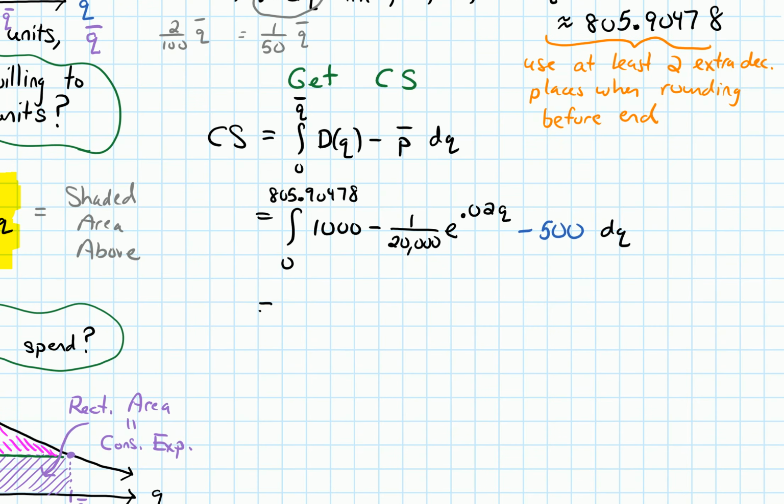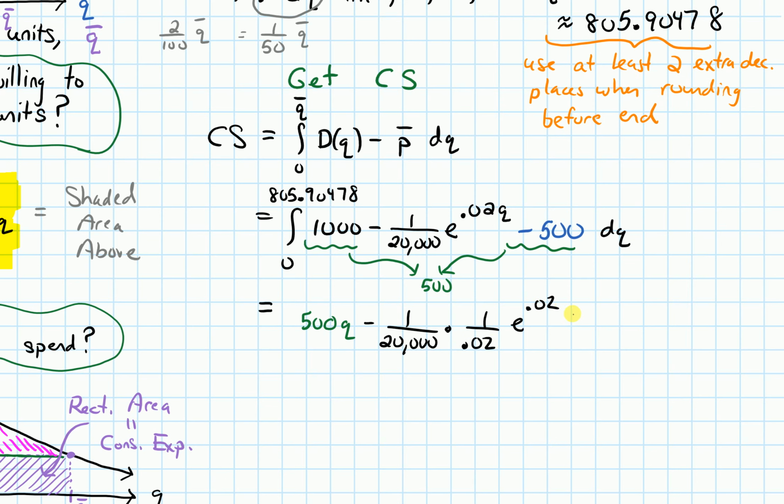Okay, so we are ready for the antiderivative, but I can make one simplification first. 1,000 minus 500, we can just simplify that. That is going to be 500. So now when I do the antiderivative of 500, I'll get 500Q. And then after that, I'll have minus 1 over 20,000. And the antiderivative of e to the 0.02Q is 1 over 0.02 times e to the 0.02Q. Awesome. Put parentheses around this, vertical line, 0 and